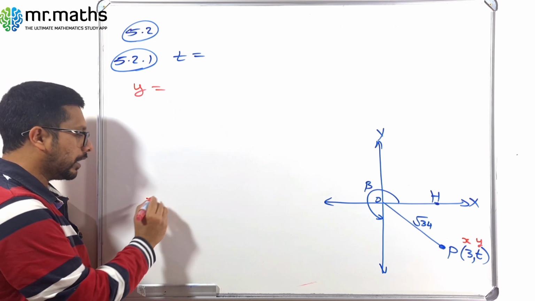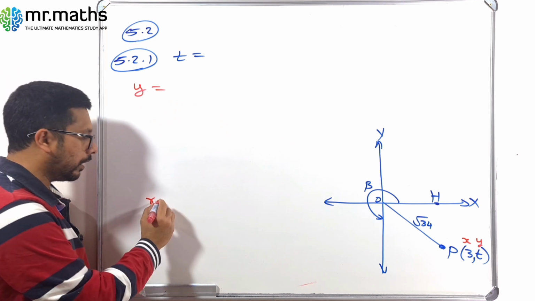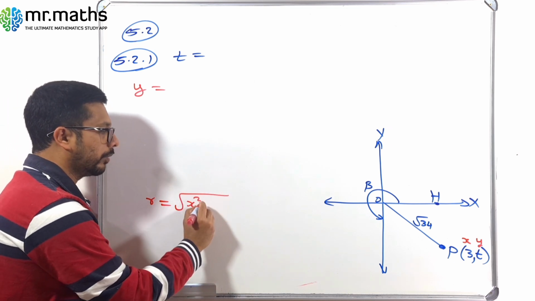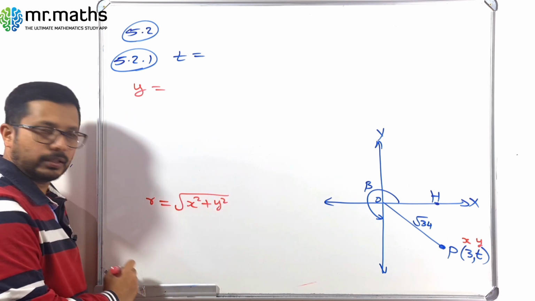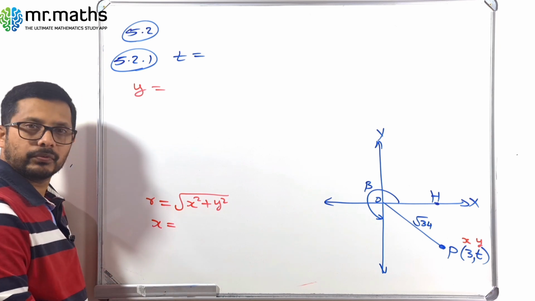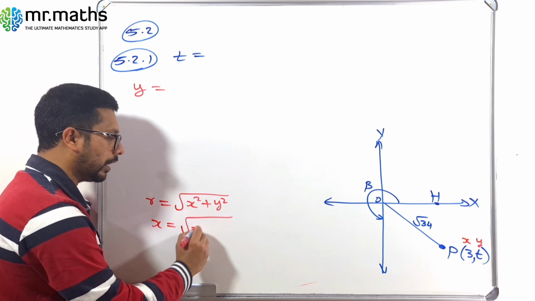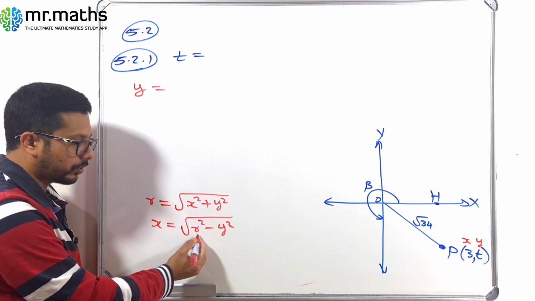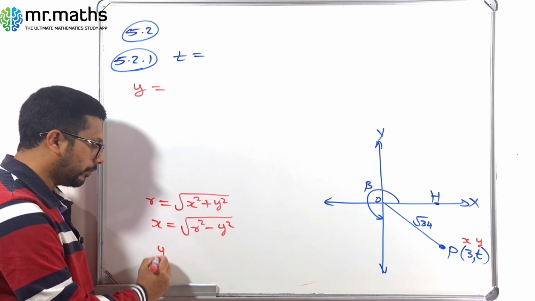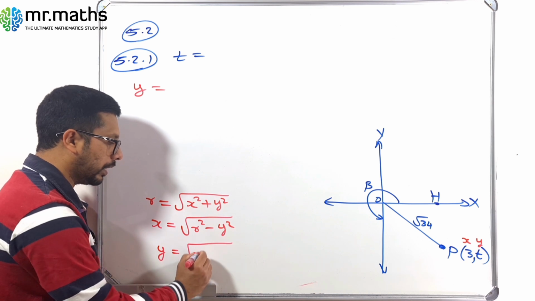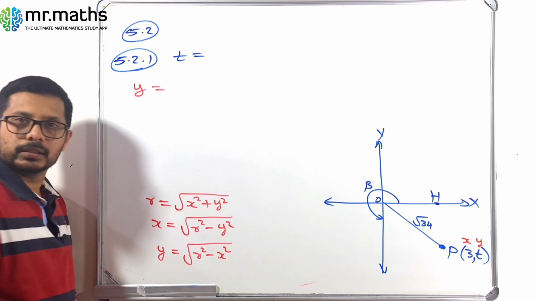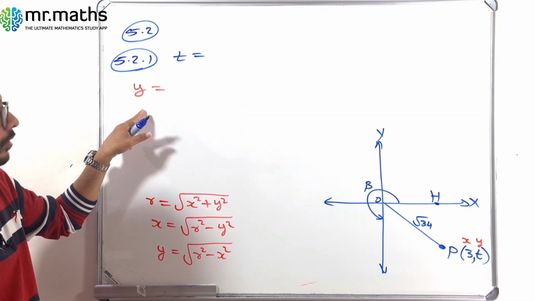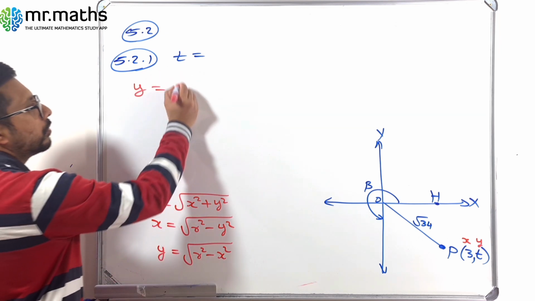Okay, how can you find r? If you want to find r, r stands for the hypotenuse, root of x square plus y square. If you want to find x, what is the formula? Root of r square minus y square. If you want to find y, root of r square minus x square. So here we want to find y. T stands for y. Okay, so y is equal to root of,